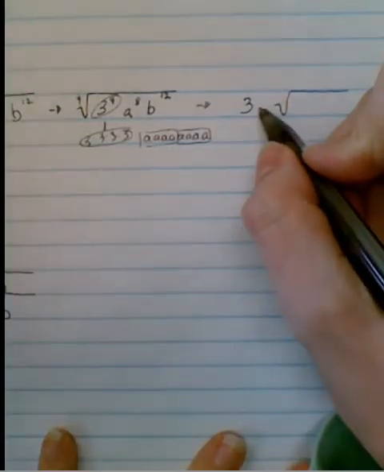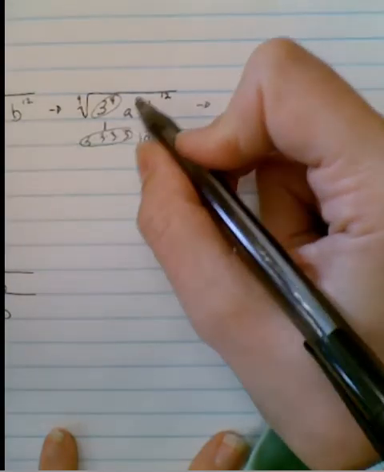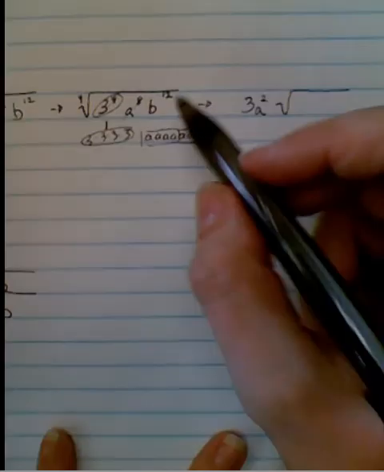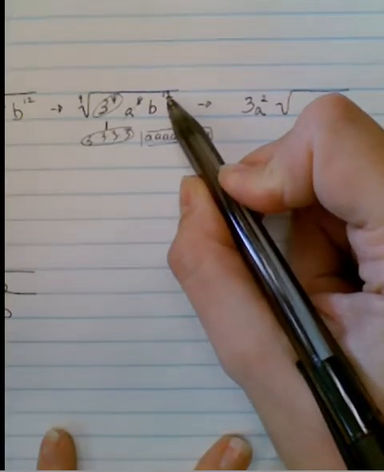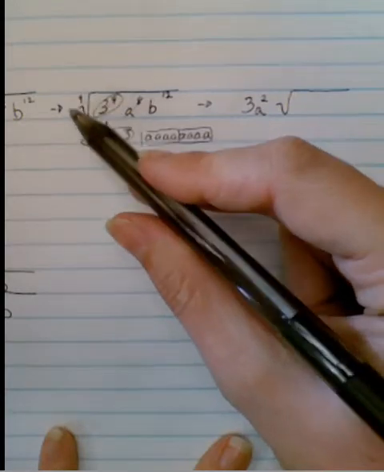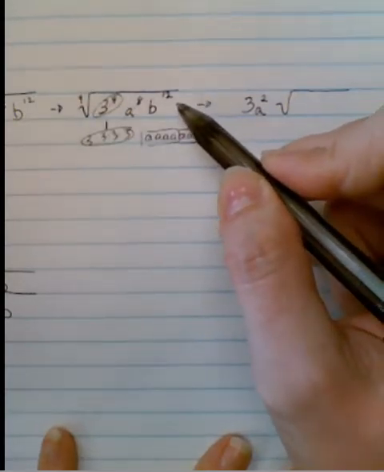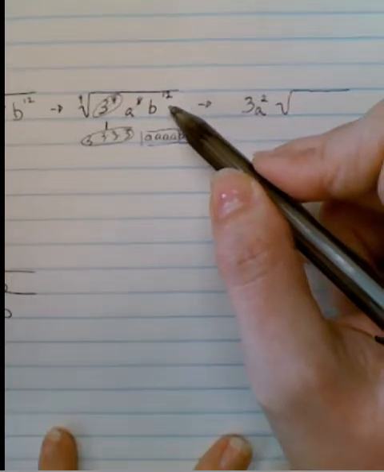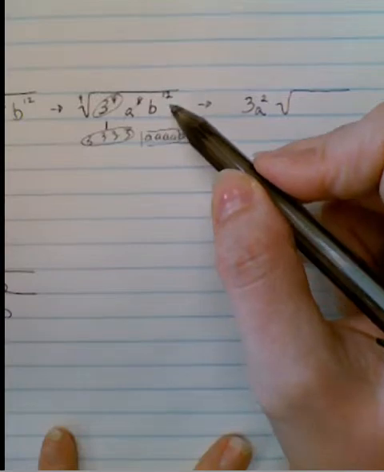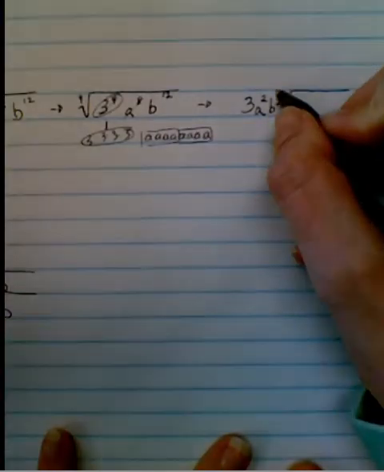So I would have a times a coming out, which is a squared. No a's left behind. I dealt with all of those, dealt with all of the 3's. B to the 12th, well, I can write it all the way out, or I can say, well, how many groups of 4 are there in 12? Well, it happens to work out cleanly that there are 3 groups of 4 in B to the 12th, so I would have B to the 3rd, and the only